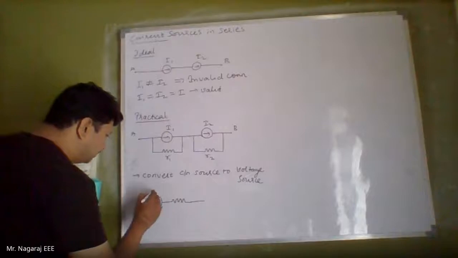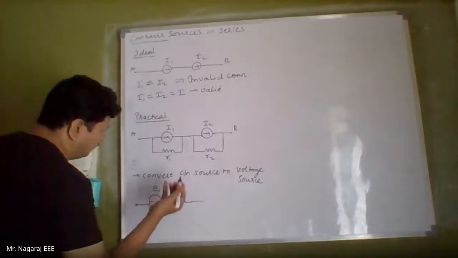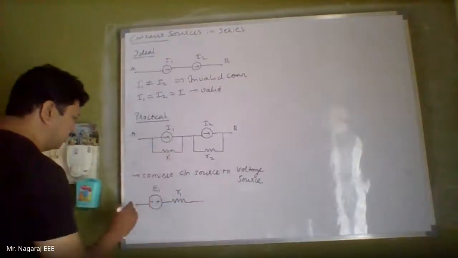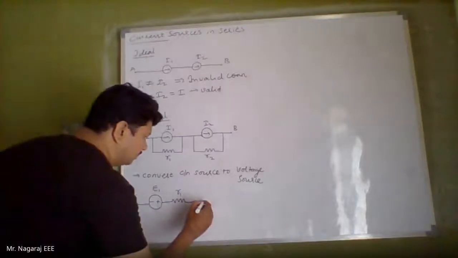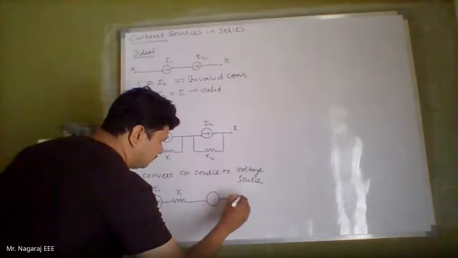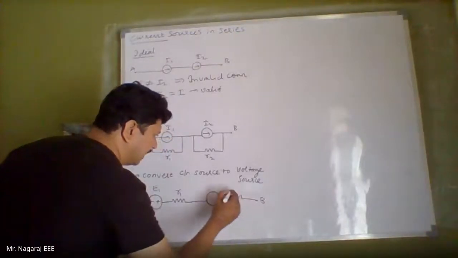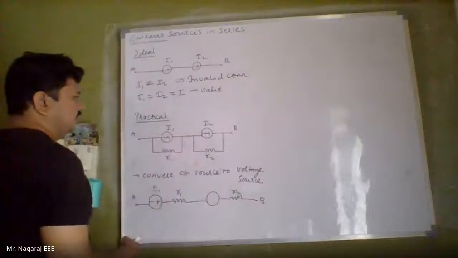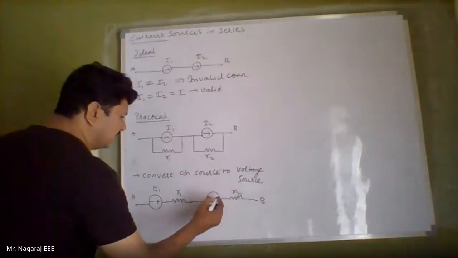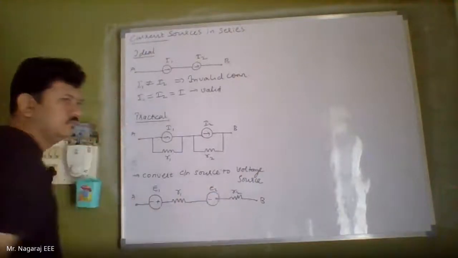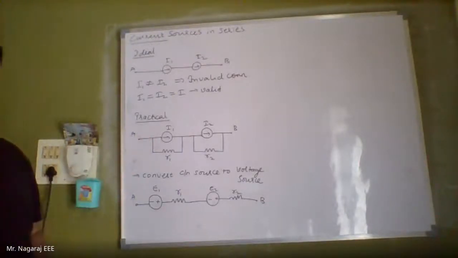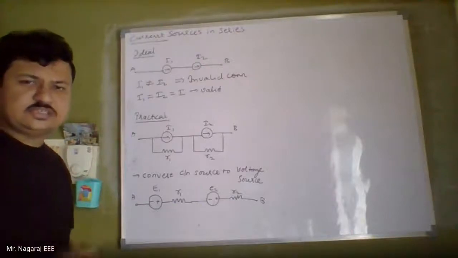Okay. So let this be E1 or V1. There is no harm. This will be resistance R1. This is terminal B. This is R2. Now observe the direction of current, left to right. So towards right there is positive, towards left there is negative. So this is E2. Okay. Now I want the equivalent current source of two current sources connected in series.